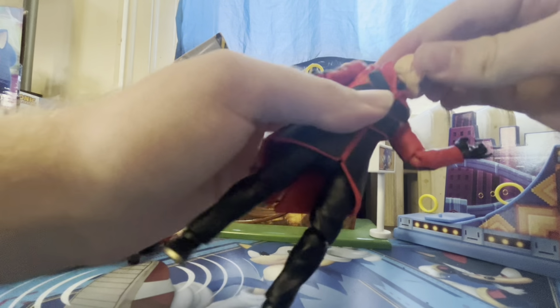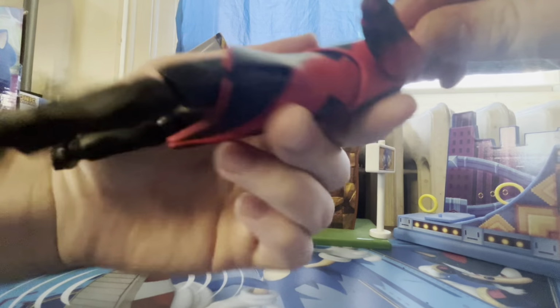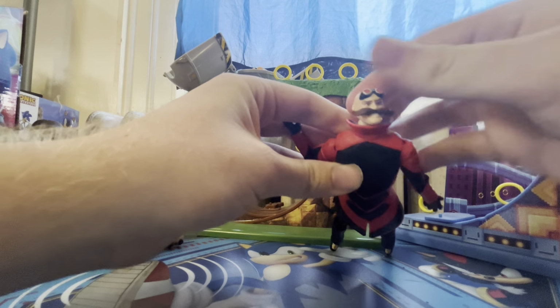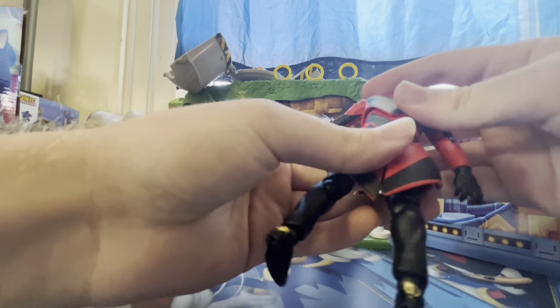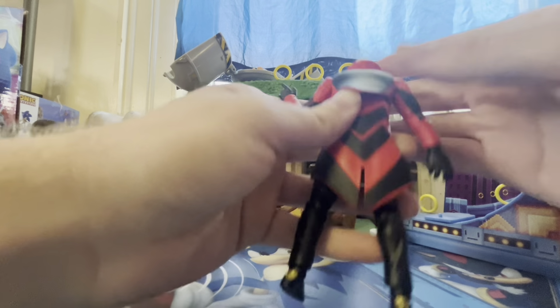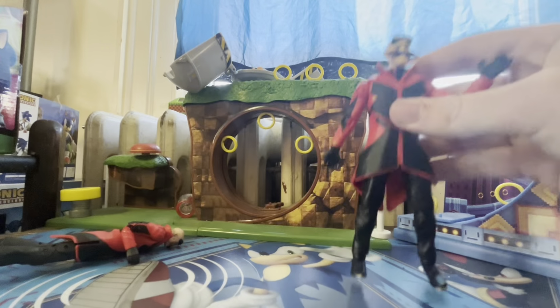His head can move a full 360. This is actually kind of creepy if you look at it from the back. Look at that. That's pretty creepy. Alright, you can kind of see here that they made this out of a sort of other plastic because of the swivel. They really have to swivel this, so...